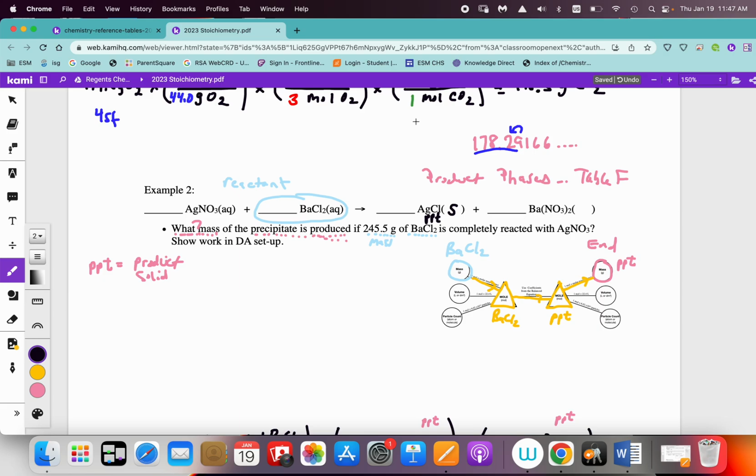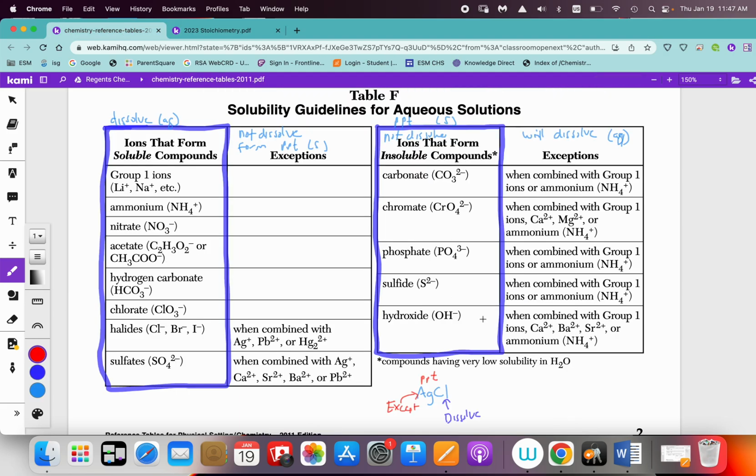So my other product is the barium nitrate. So when I come back over here, I have BaNO3 2. Just like before, my first partner is Ba. I don't see it in the first column. I don't see it in the other blue column. So I can't tell based on Ba. So I'm going to look for my other partner, NO3, what is in the parentheses. And when I look here, in this first blue column, there's NO3. So NO3, it typically